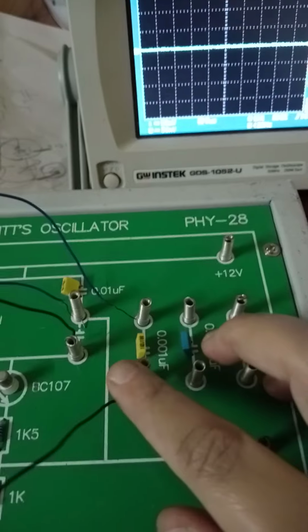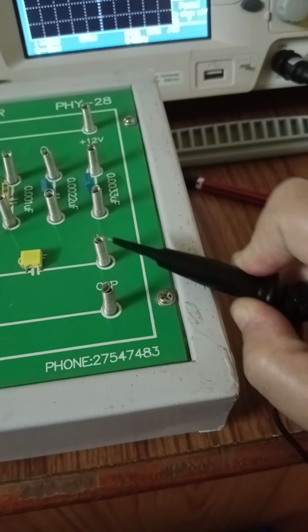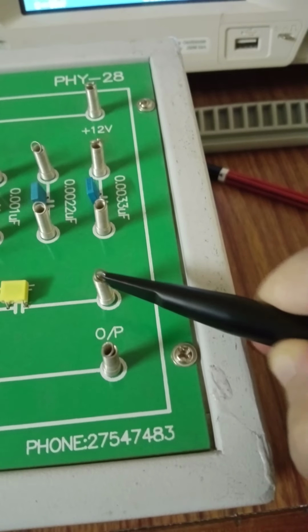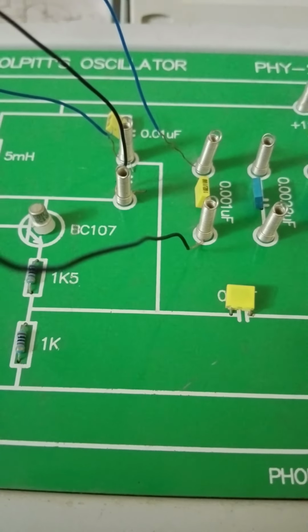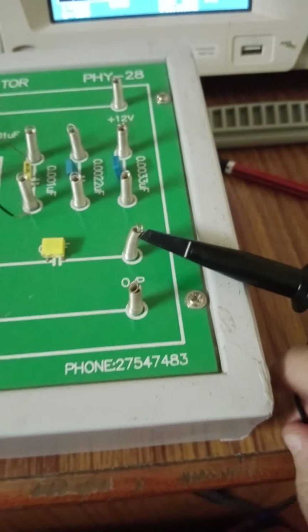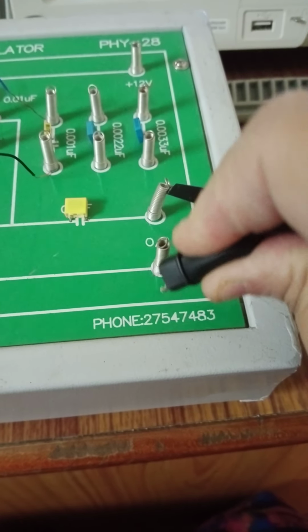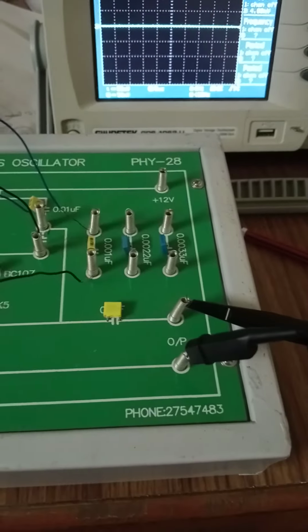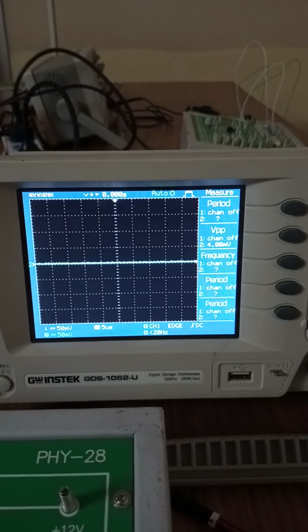On this combination I will measure the output by connecting the CRO probe to this. Now I will switch on this kit and observe the output on the CRO.